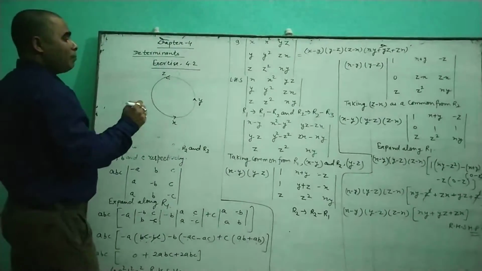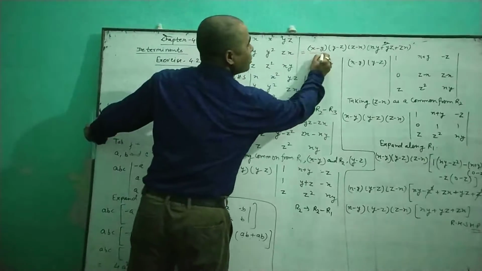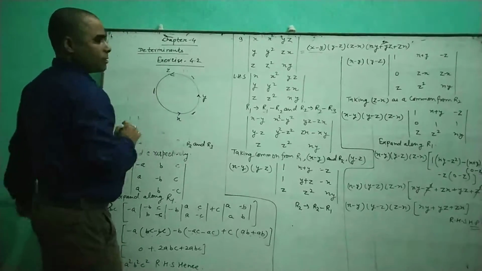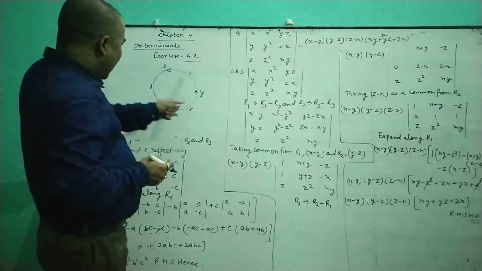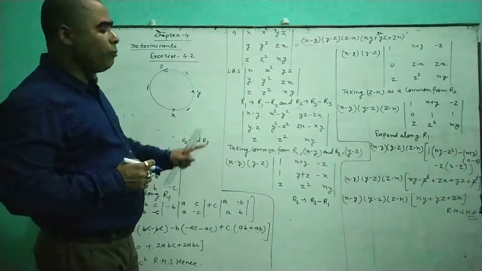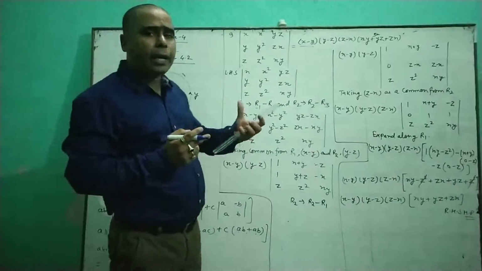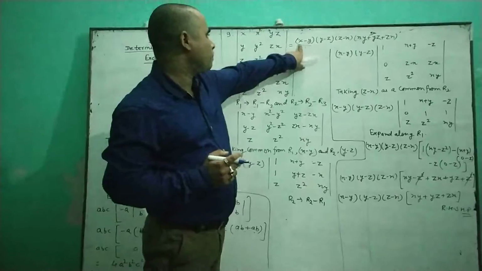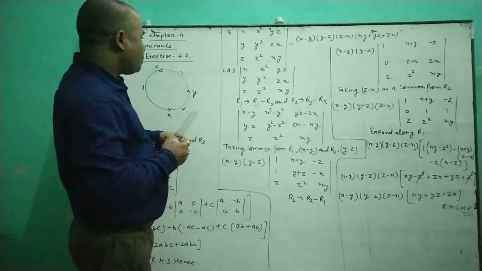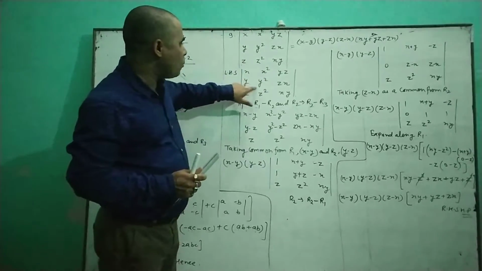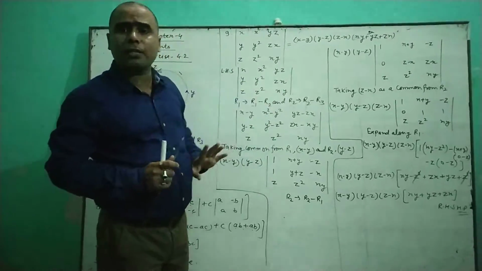So here we have to see x minus y, then y minus z, then z minus x in this cyclic process. Where we want to prove this, first of all we have to make any one group, x minus y, by using the property. Now the determinant has x square, yz; y square, zx; z square, xy.